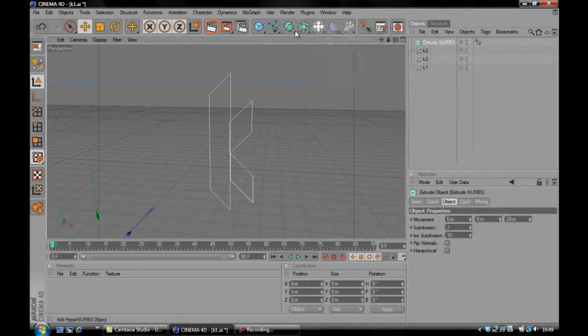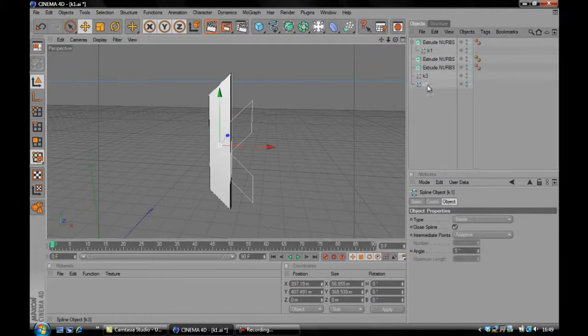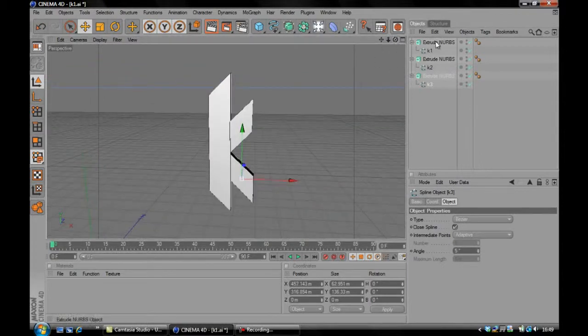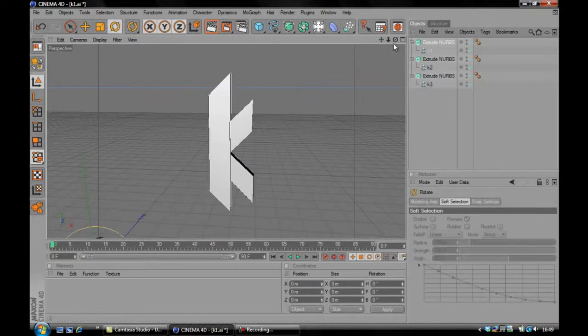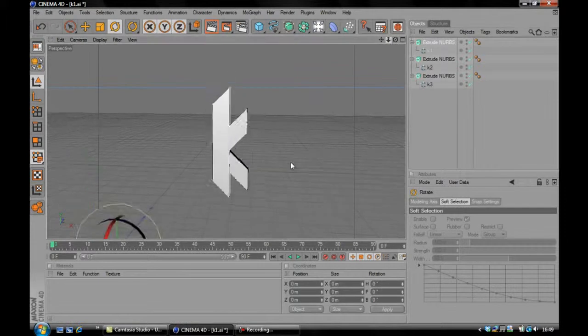I'm just going to add Extrude NURBS. Drag these up. Okay, now if I want to change the rotation of this one, I click rotation, and the rotation tool is